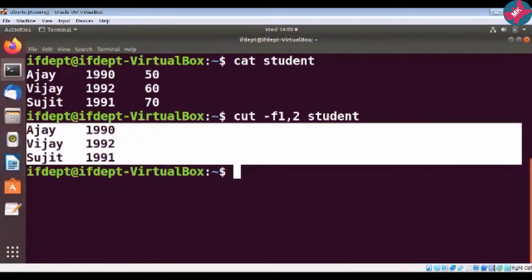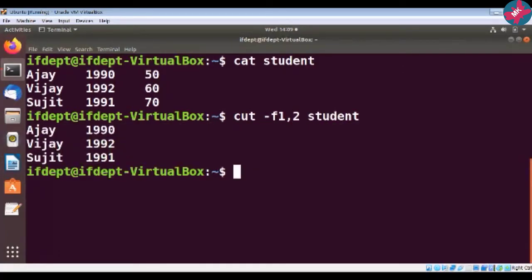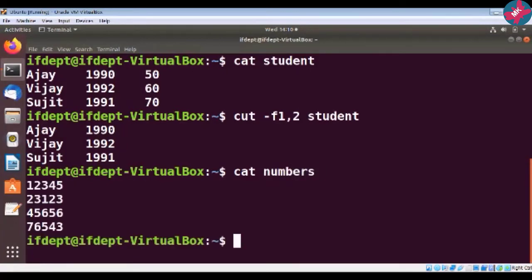Okay, so this is the use of the cut command. Now I'll show you one more use of this cut command. Suppose I have a file called numbers like this. Suppose I am interested in cutting the fourth and fifth columns within these numbers. There is one option in this cut command, cut -c 4,5 numbers.